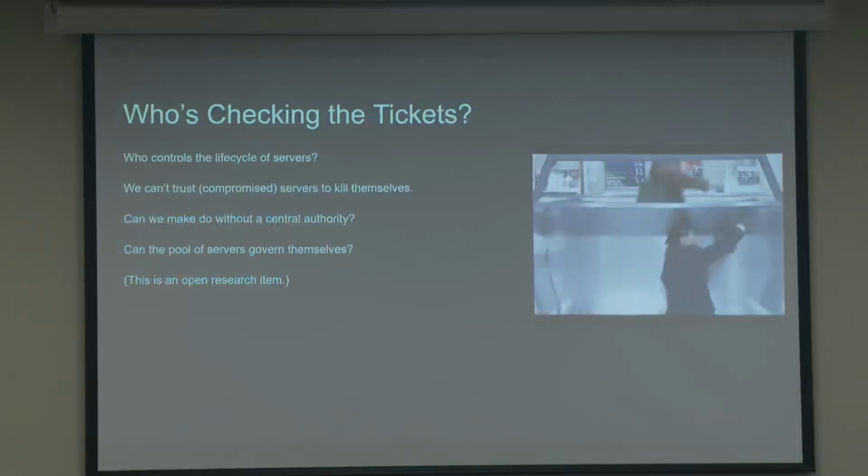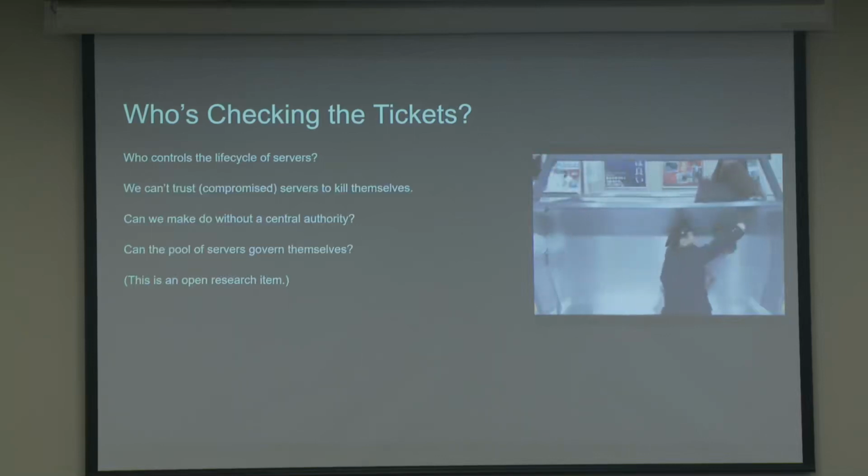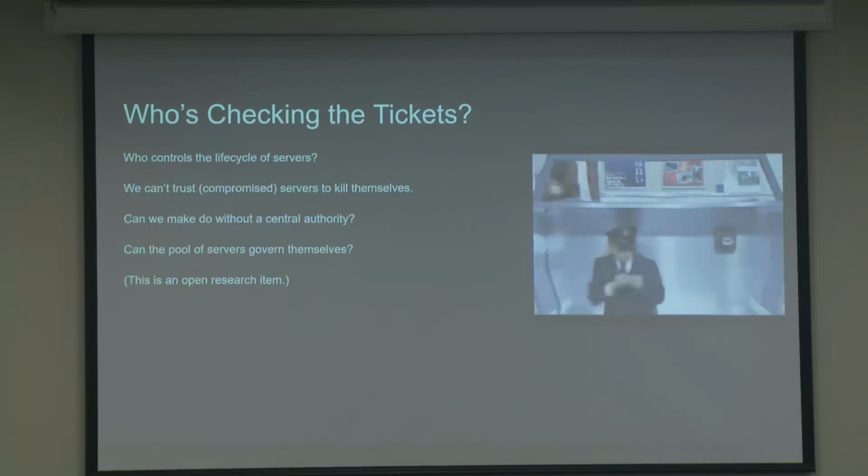Okay, but the next part of the question is, who controls the life cycle of the servers, right? We need some way of going through and killing the servers. We can't trust the server itself to kill itself, right? We can't just put a timer on there, because what happens if the red team gets on that machine? They're going to know that there's a timer going off in 2 hours, and they're going to go through and spend the time to try and turn off the timer so the server doesn't